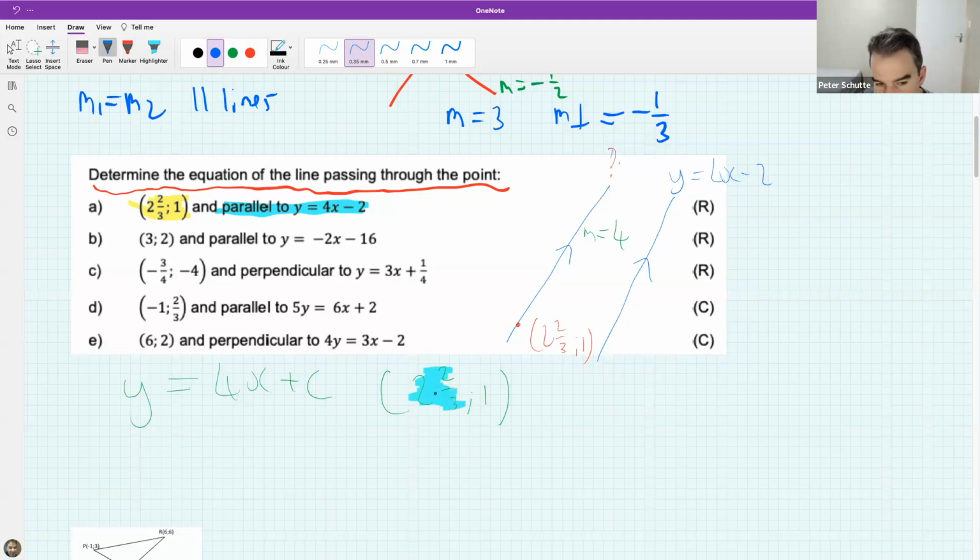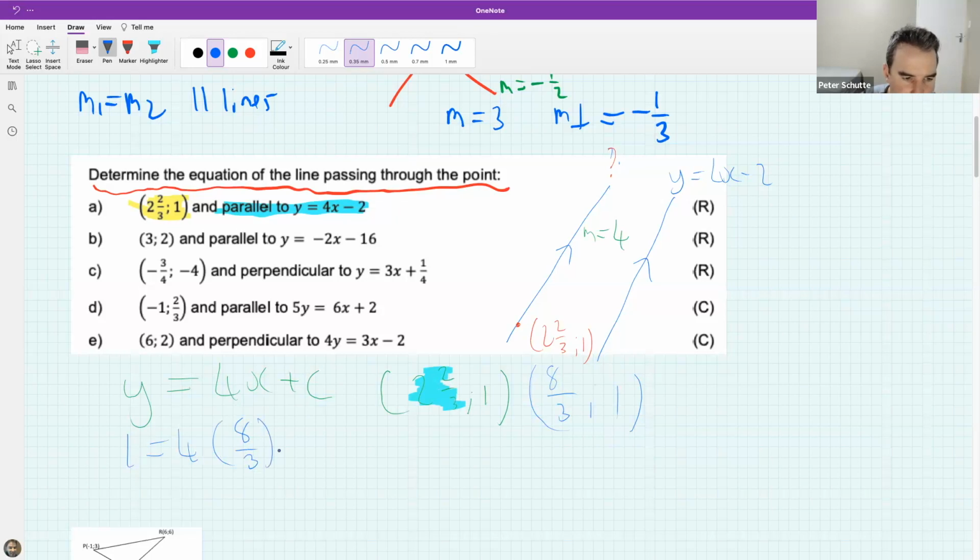So 2 2/3 is the same as 8/3, 1. And it might be easier to work with as 8/3, 1. So that's just a tip that I think is useful. Working with improper numbers as points is much easier than mixed numbers. So this is x, this is y. So we get 1 is 4 times